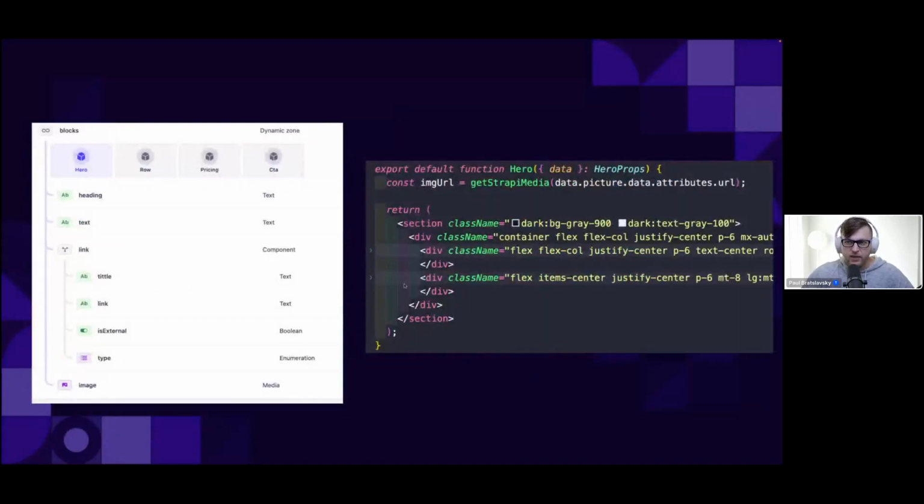Well, on our Strapi application, we have our hero component. And then in your Remix, your Next.js, your Vue, whatever front-end framework you're using, you're going to have